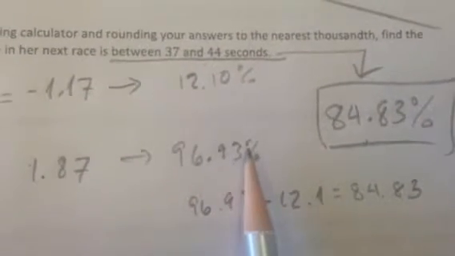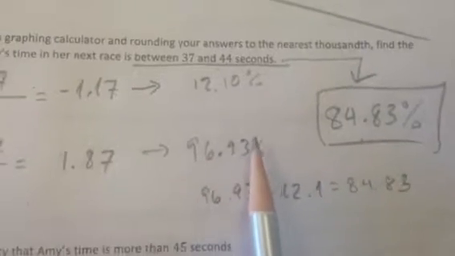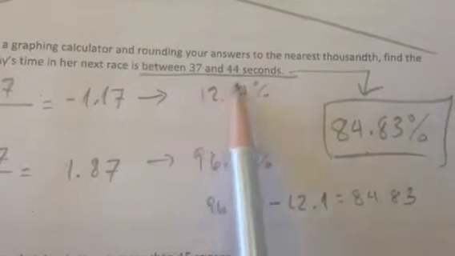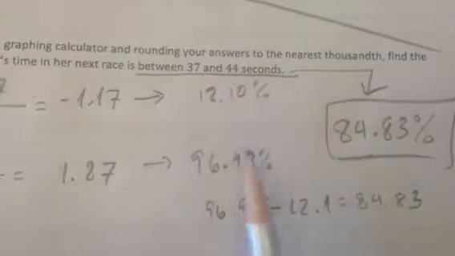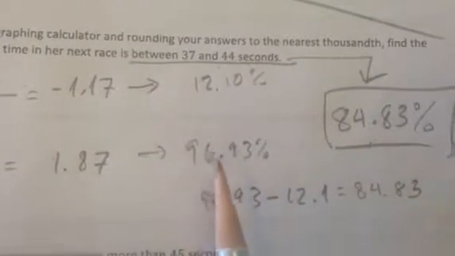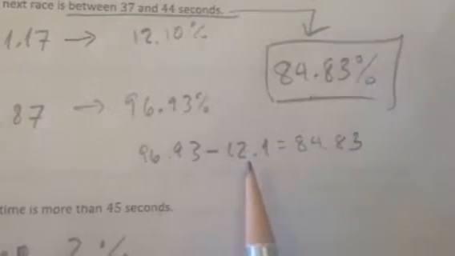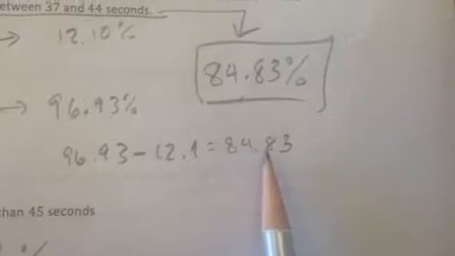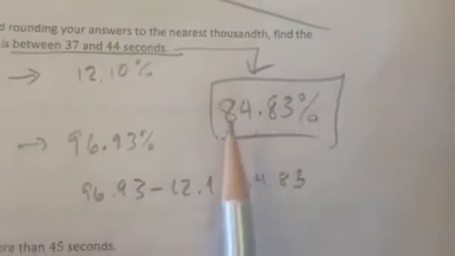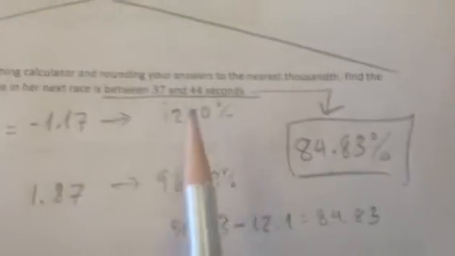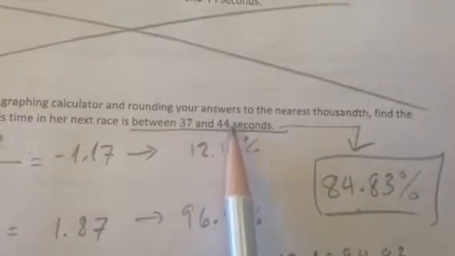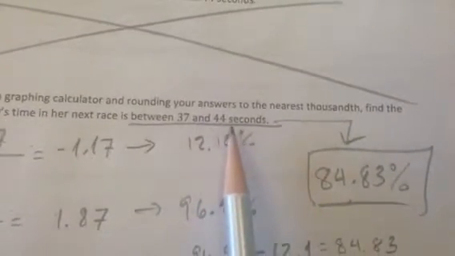96.93%. Well, all you have to do, folks, when you're finding the percentage in between two scores is subtract these probabilities. So 96.93 minus 12.1 is 84.83, and that's our answer, 84.83% chance that our next race will be between 37 and 44 seconds. I'm going to do another one like that with a little graph there to help you